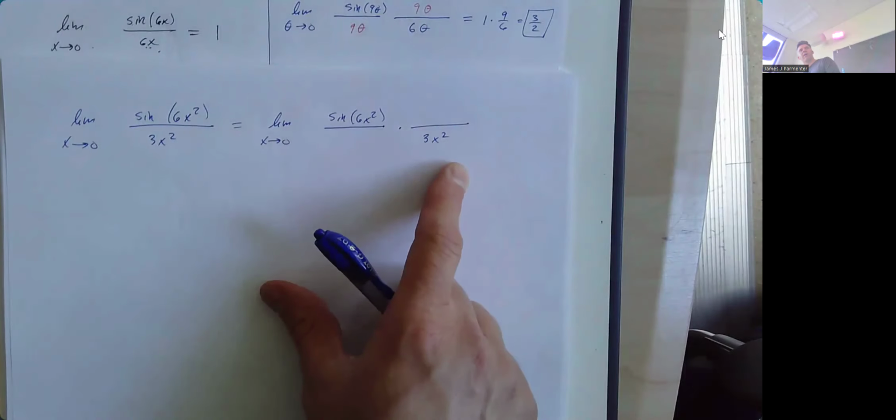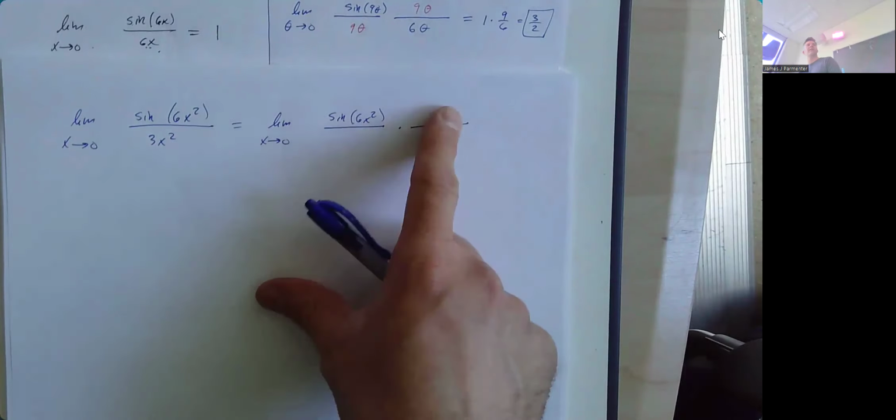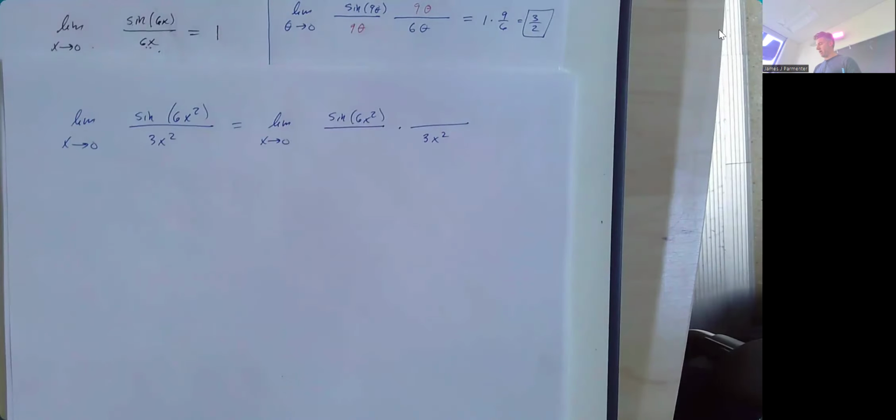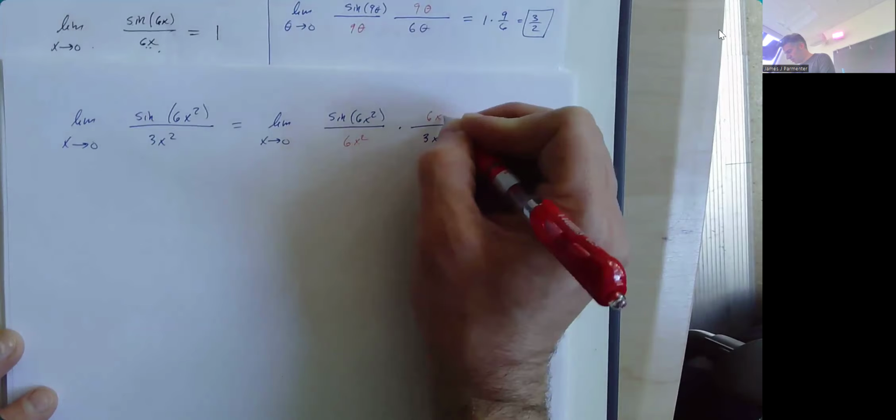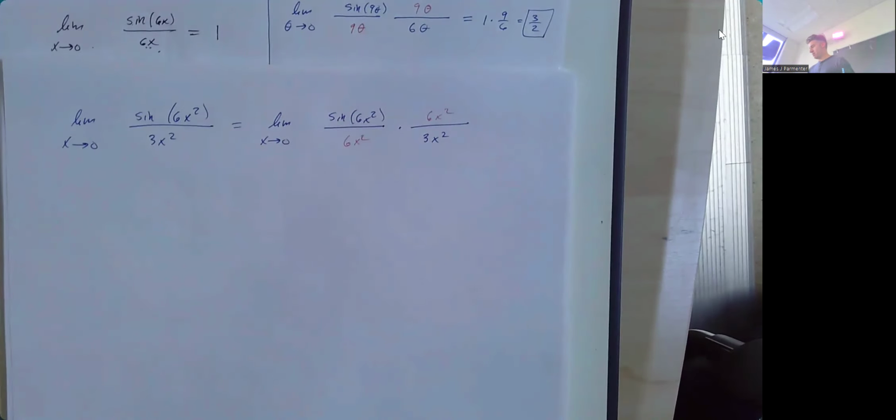If you really wanted to, I've noticed over the years I've gotten kind of tired of throwing in extra x squareds everywhere. You could write the x squared down here and the 3 over there, and then say you need a 6 here and a 6 there. But I think this is fine. I need a 6x squared down here. I need a 6x squared up here. My answer is going to be,